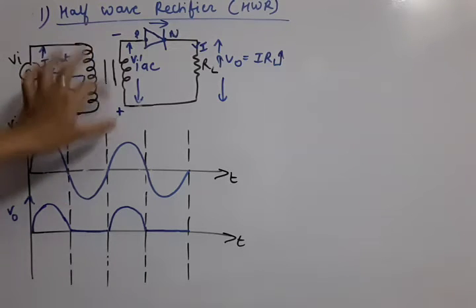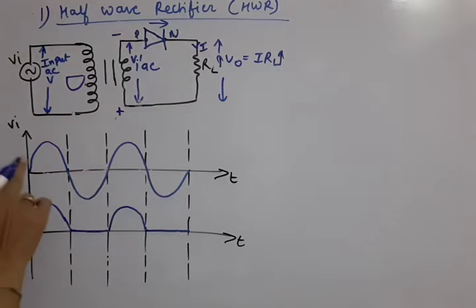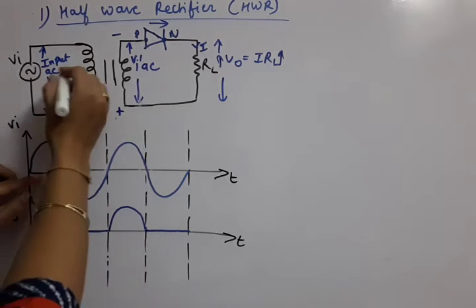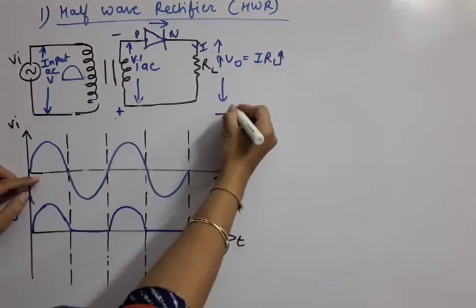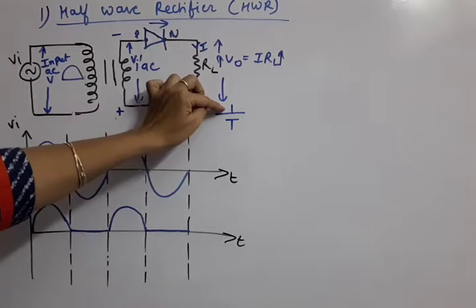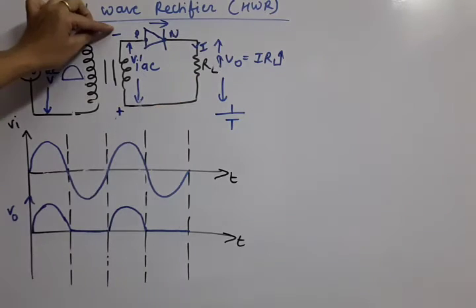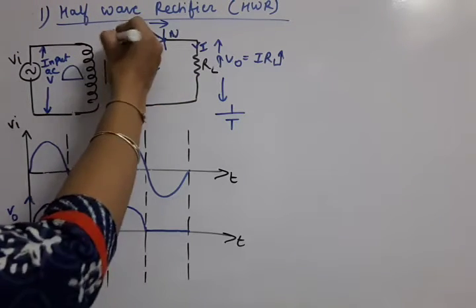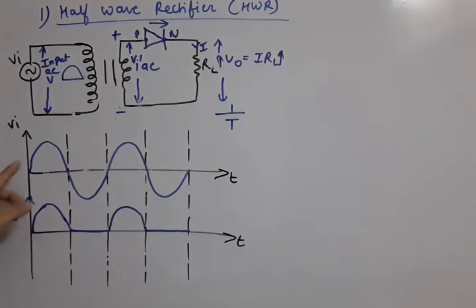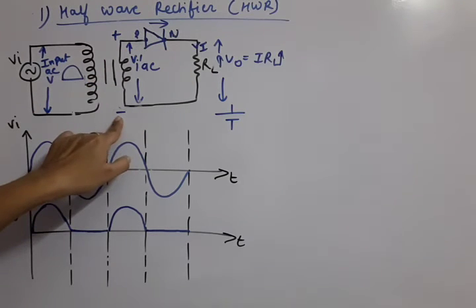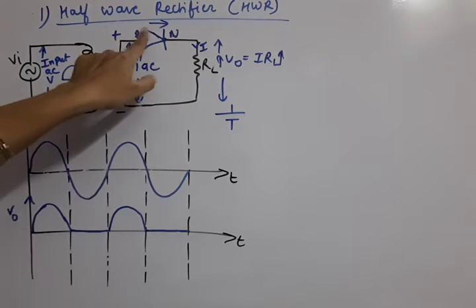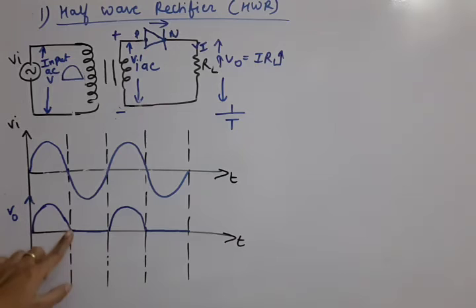To understand the positive negative polarity, that is also easy. When we are applying this positive pulse, like here we are applying the positive pulse, it is like this. Okay, positive is upper end, negative is lower end. So this will be positive at that time and this will be negative at that time when the positive pulse is applied. So during the positive pulse, the diode is forward biased because P is connected to positive, N is connected to negative. So this is forward biasing, so conduction will take place. So we will get VO.